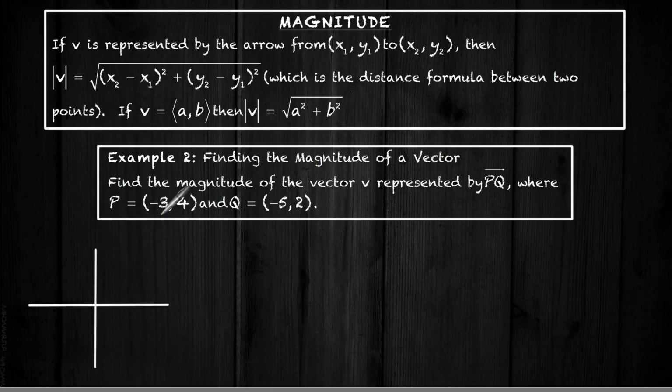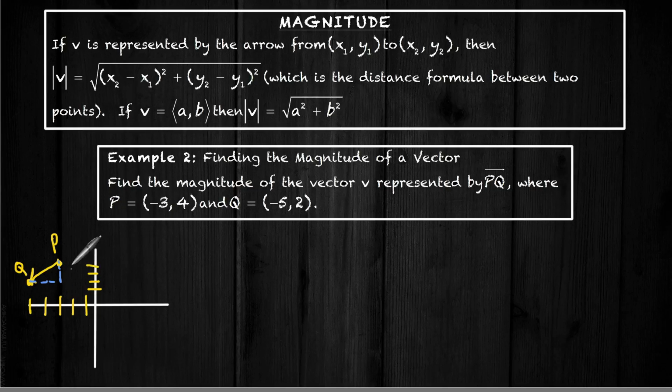So we have point P, -3, 4. So that's going to go 1, 2, 3, and up 4. 1, 2, 3, 4. And that is my point P. And Q is -5, 2. So it's going to be -4, -5, and then up 2. And that's going to be my Q. And so this arrow goes from P to Q. And so now if we were to make a little triangle,